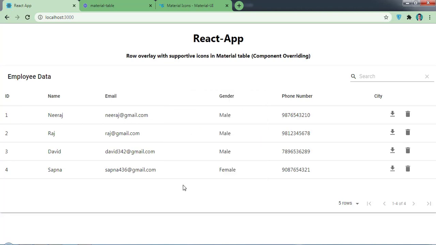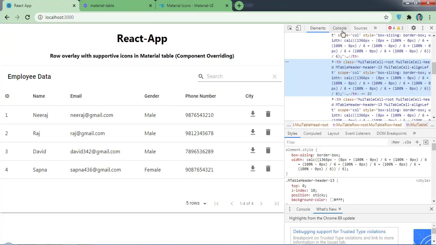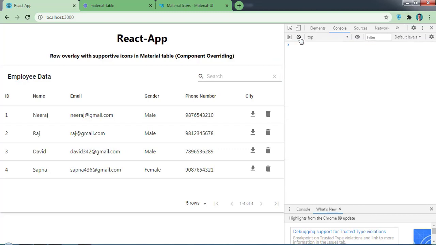Now let's come to the browser. Here go to inspect and select console. Let's clear here, and now let me take my cursor on this row. So here you can see this got triggered, and my mouse has been moved from there. So now you can see this is the leave. Now once again it got triggered because my mouse is on the top. Now I am removing it, so you can see another event has been triggered.